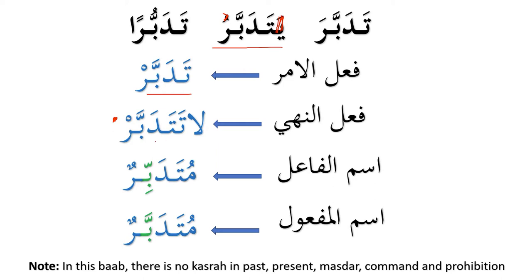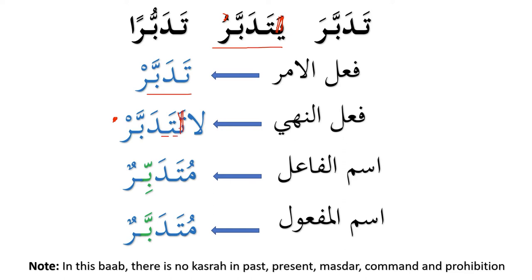One more thing that we need to remember, which is about this form, that whenever we have two ta's together, in this case we can see over here, tatadabbaru, normally what happens? One ta gets dropped. As it is difficult to pronounce tata, the Arabs normally, if something is difficult to pronounce, they drop it. So it will be tadabbar, la tadabbar. So instead of tatadabbar, it will be la tadabbar. It's not obligatory, but it's possible that sometimes when we have two ta's together, one of them